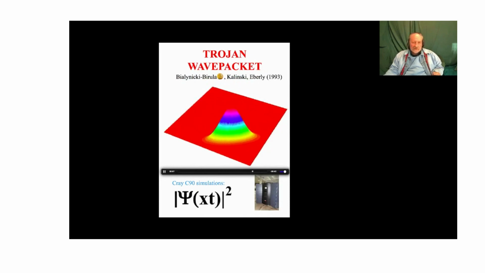What are Trojan wave packets, which appear in the title? Imagine that you have the hydrogen atom, the simplest atom you can imagine, with the proton in the center, and you put this atom in the circularly polarized laser field or strong microwave field, depending on the scaling of the packet to the radius of the orbit, depends on the wavelength. And you find out that you have solutions of the time-dependent Schrödinger equation, which are simply solitons built from the probability density.